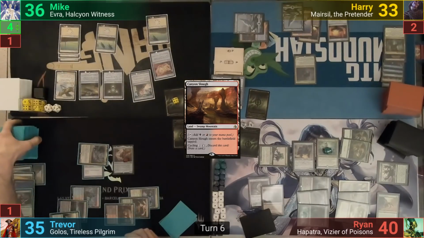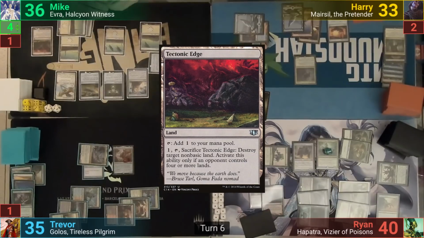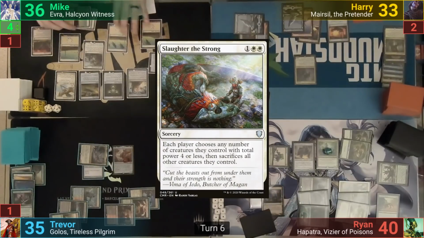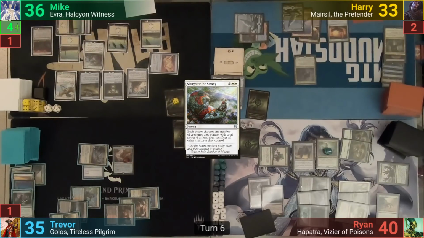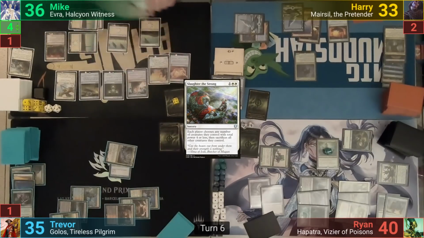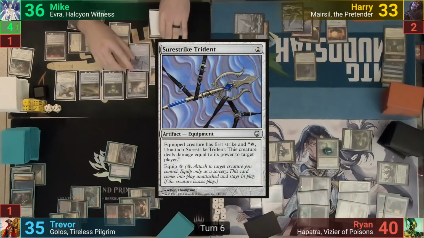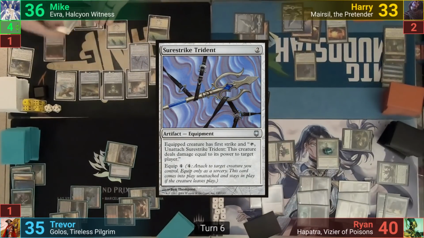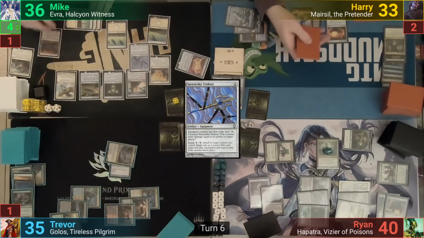Mike draws 2 thanks to his Mortal Sun and plays a Tectonic Edge as his land for turn. He then casts Slaughter the Strong, and each player chooses creatures they control with total power 4 or less and destroy the rest. Mike then casts a Rescos Explorer, which finds him a Plains to hand, and then casts a Sure Strike Trident. Mike then passes, and at the end of Mike's second main phase, Harry uses Aetherlane's ability once